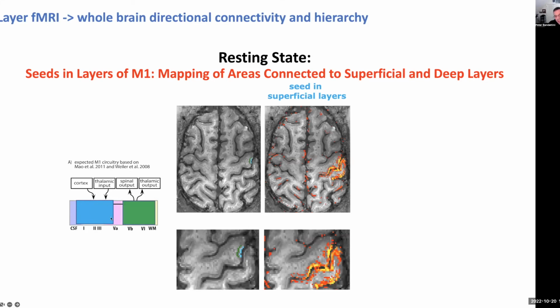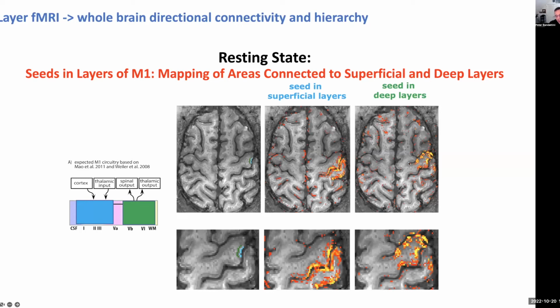If you shift that seed just a little bit along the layer, you get a completely different area that's correlated. This is more prefrontal,